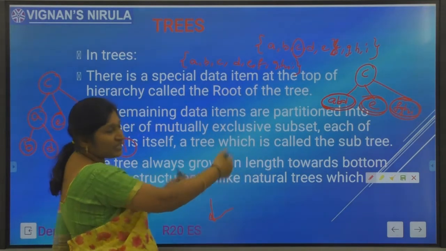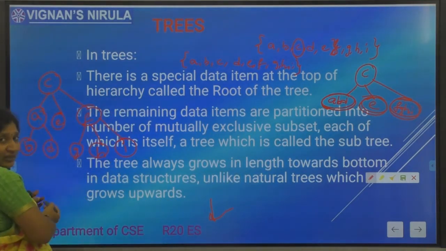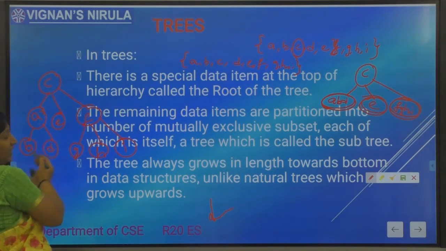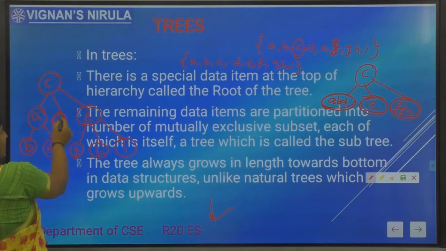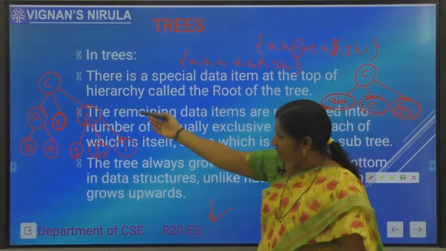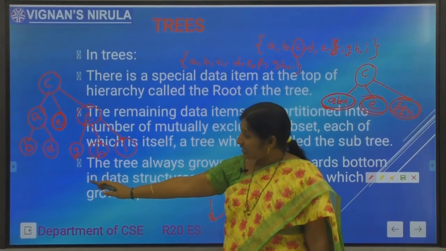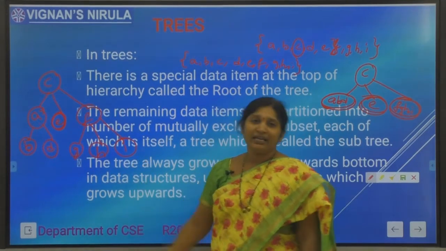Again the first subtree is again divided into 2 subtrees. The root of the subtree is A. The next left subtree is B, right subtree is D. It consists of only one element E. Whereas this subtree F, G, H, I has been subdivided likewise. The root of the tree is F. It has 3 subtrees G, H, I.